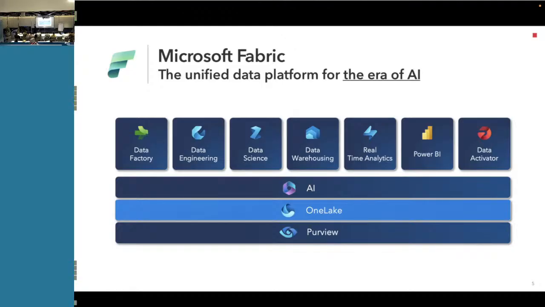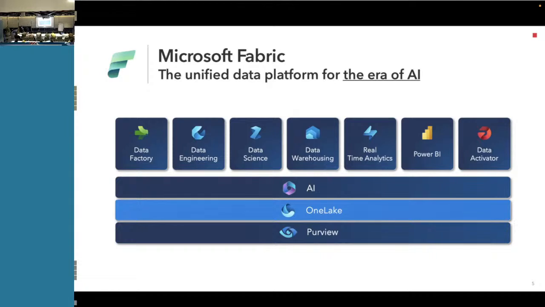Please raise a hand if you ever used Power BI. So, visualizations. For those who didn't raise a hand, I believe that you are using Tableau and you are migrating Tableau to Power BI starting from tomorrow. So Power BI as the cherry on the cake, building business intelligence, building reports on top of the data. And Data Activator, the ability to start alerting on specific thresholds that we put on our data, making our data actionable.